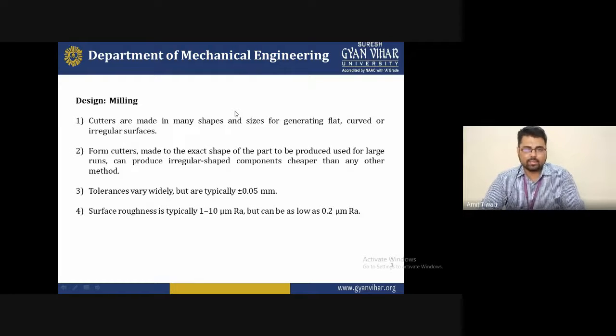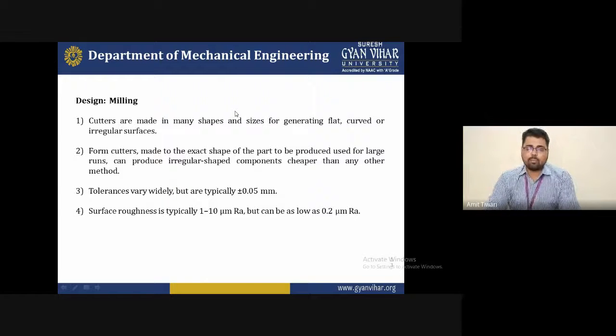So these are some designs of a milling operation. Cutters are made in many shapes and sizes for generating flat, curved or irregular surfaces. We provide this with the help of the milling operation.